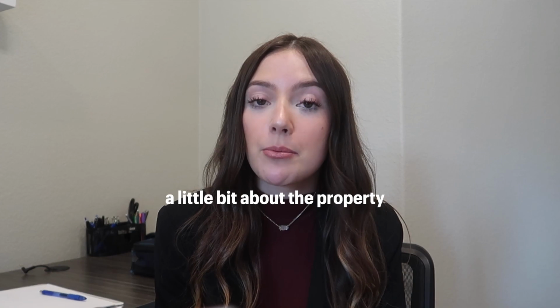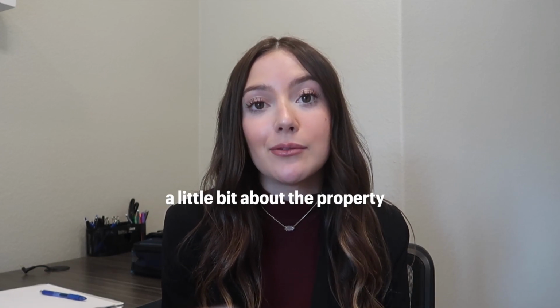So we first bought this property because I was going to school at the University of Oklahoma, and during my freshman year, we thought it would be a good decision to buy property and rent it out to my roommates. On January 30th of 2020, we closed on the apartment. It's 4-bed, 4-bath, around 1,500 square feet, and it's located in an apartment complex literally like 4 minutes away from